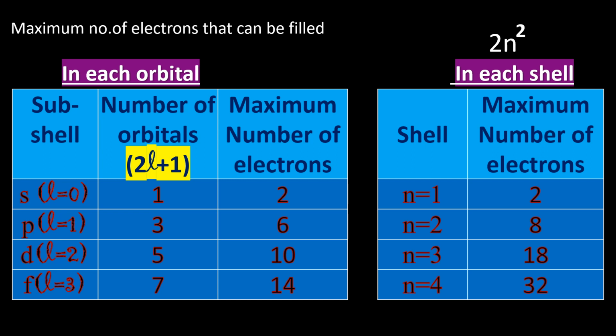8. Now afterwards we have s, p, d in total. So 2 plus 6 plus 10, that is what? 18. Now in the last shell, that is the fourth shell, we have all 4: s, p, d, f. That is 2 plus 6 plus 10 plus 14. How much will it be? 32. In this way, we are going to find out how many electrons have been filled inside the atom. Now let's see.